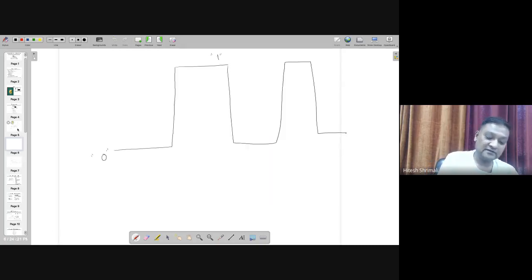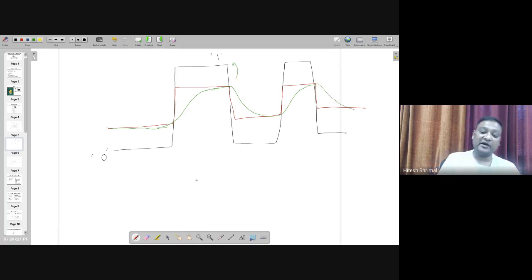So you don't want that, I don't want to make the output look like this one, or you can say that in a real condition it will look like this one, because the capacitance is increasing, so maybe you will not be able to reach logic one. By the way, such things related to fan out, meaning how many gates you can connect or how much capacitance my inverter or logic gate can drive, depend on the fan out.